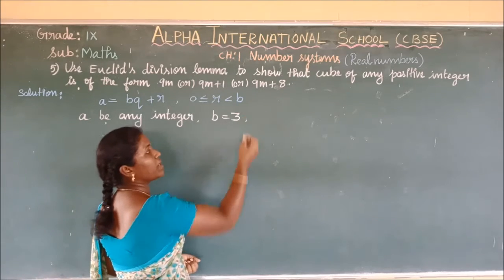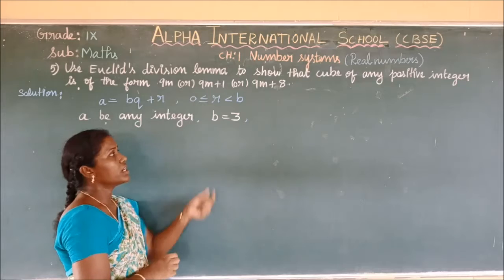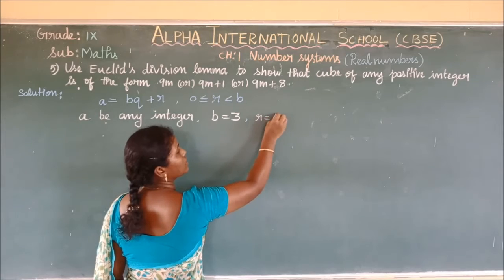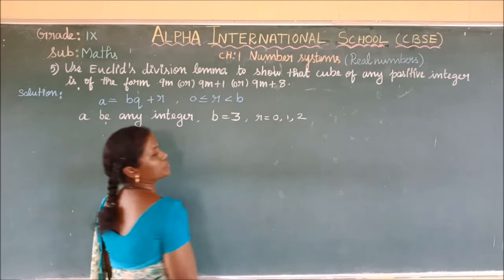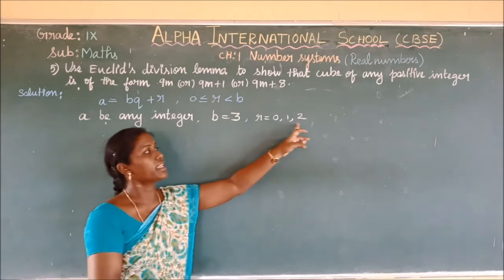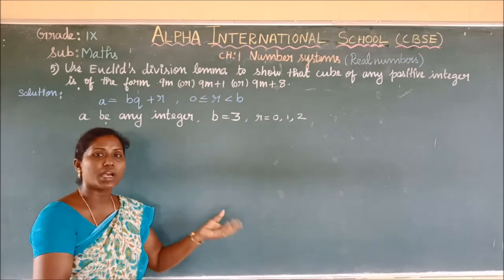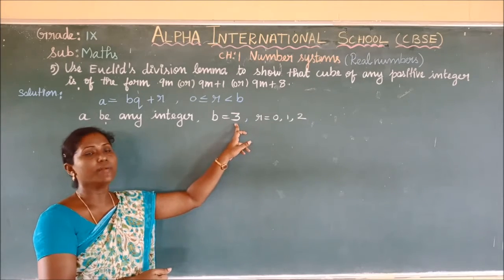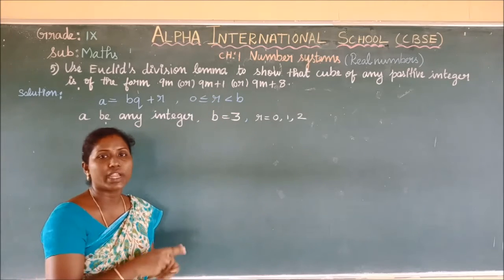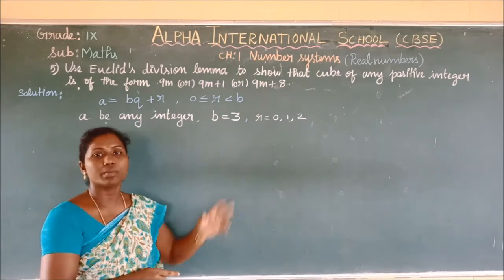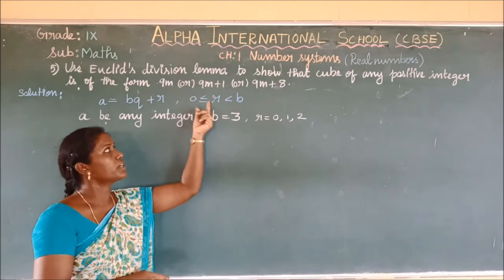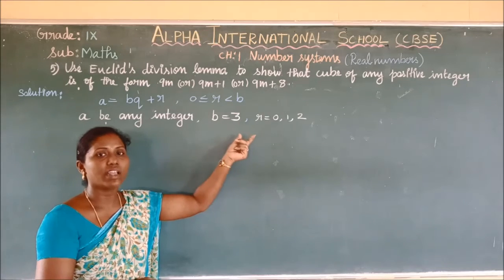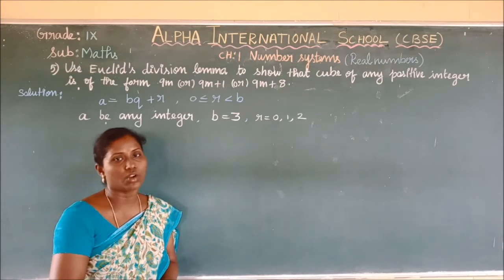For the divisor 3, what are the possible remainders? The remainders are 0, 1, 2. So just 3 cases we will analyze, to see whether it can be written in the form of 9m or 9m plus 1 or 9m plus 8. The thing to be careful about is that if we take the divisor as 9, we have to analyze 9 cases because we get 9 remainders. So we are taking only one divisor of 9 here, that is 3. Analyzing with 3 is enough to see whether the condition is satisfied or not.